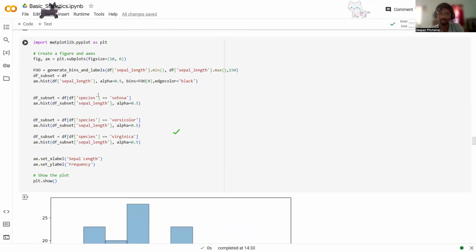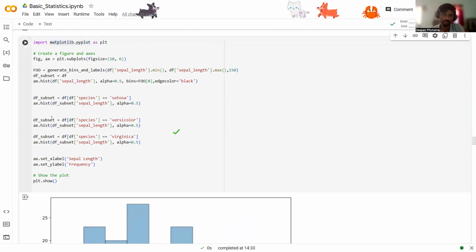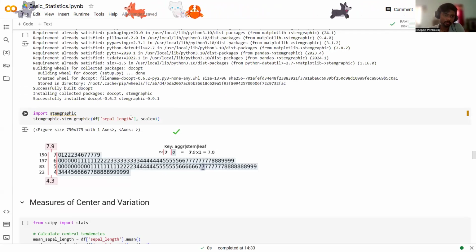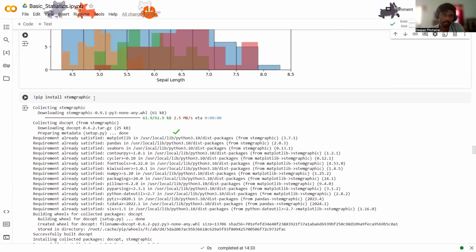Okay, because these are technical things that you can find in Google, and you can find some explanations of why some methods are working in this way, and what are the arguments that you're going to provide to this function to get this output. Okay, the next one is called a stem